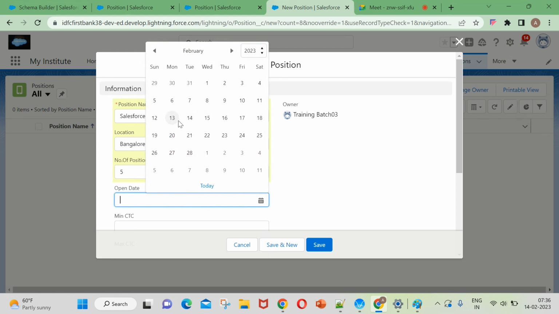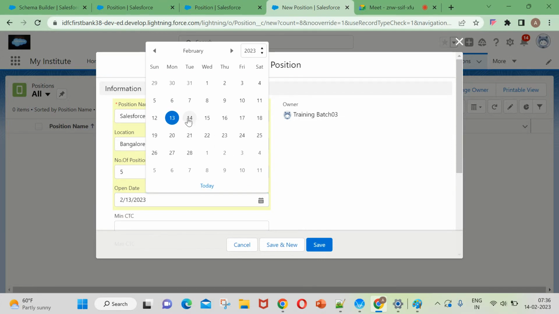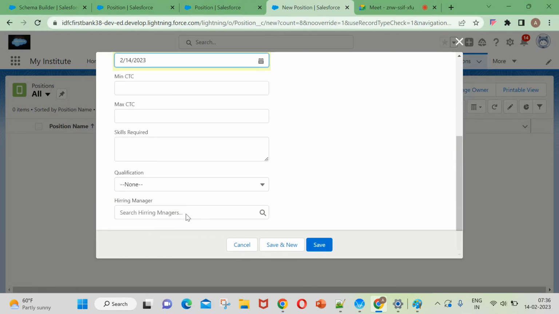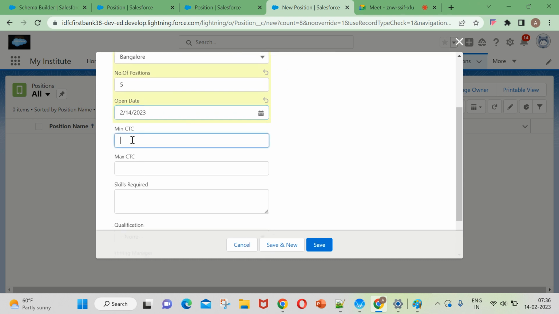Open date is today's date. Close date is not present, that's okay. Minimum CTC is 3 lakhs. Something I'll give like this. We'll take it in dollars, that's okay. Maximum is